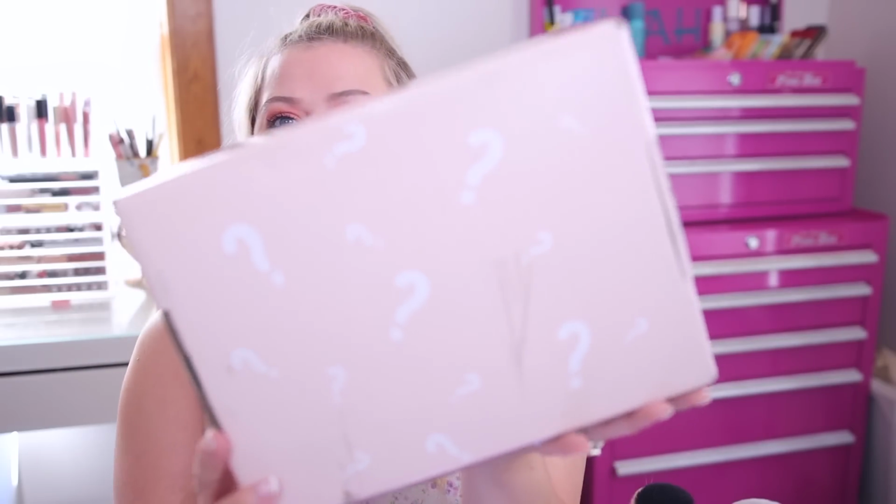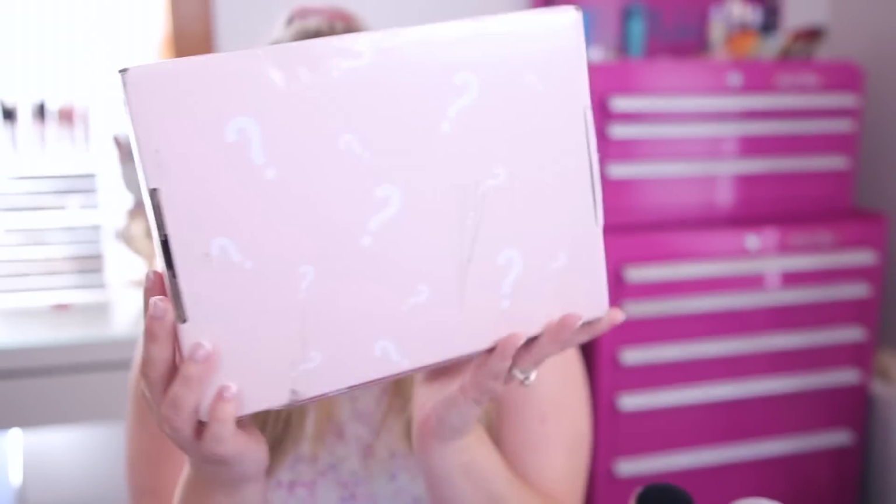There's also going to be a small box for $29 and a medium box for $59, but I'm unboxing the large box today. This is what it looks like with the little mystery question marks all over it, and if